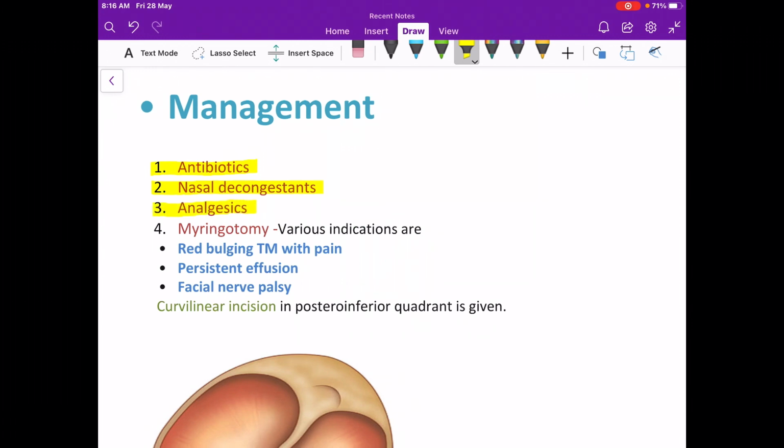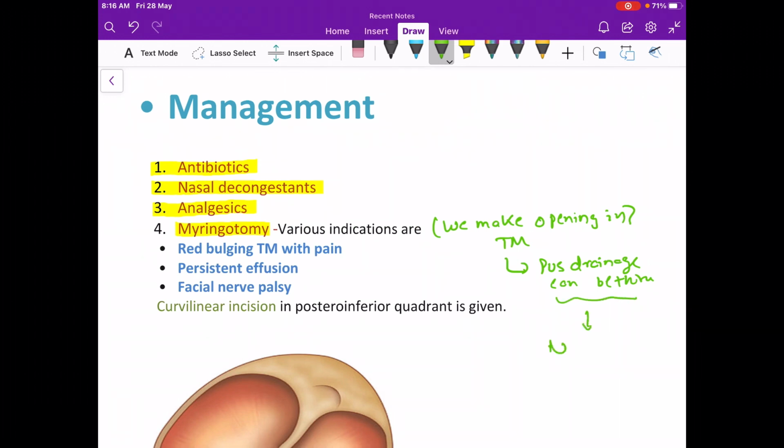Then the fourth thing is very important, that is myringotomy. That is, we make an opening in the tympanic membrane. What is myringotomy? We make an opening in the tympanic membrane so that the pus drainage can be there, so that there will be no rupture of the tympanic membrane. The three main conditions in which we have to do the myringotomy are